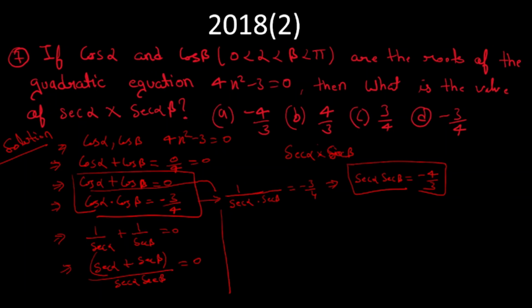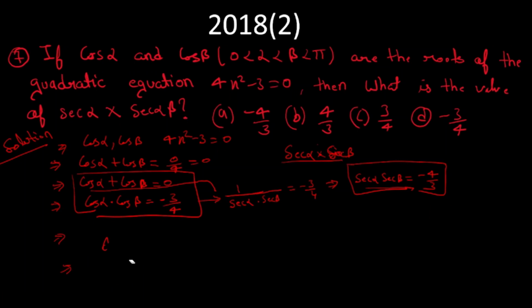Our question simply asks this. So we got this, and we need not do anything further. So we got our answer. What is our answer? Our answer is option A. I think you understood. We find its roots and then we take the reciprocal. I hope you understood. We need not change this.